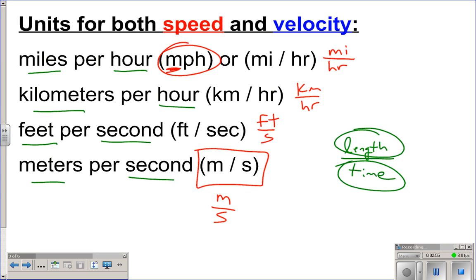That is going to be really important as we move forward, so please make sure you know those units. Because eventually we're going to have problems, and I'll say, you know, Joe drives his car 50 miles at 25 miles per hour. How long does it take him? And you need to be able to identify what the 50 miles is and what the 25 miles per hour is. All right, so